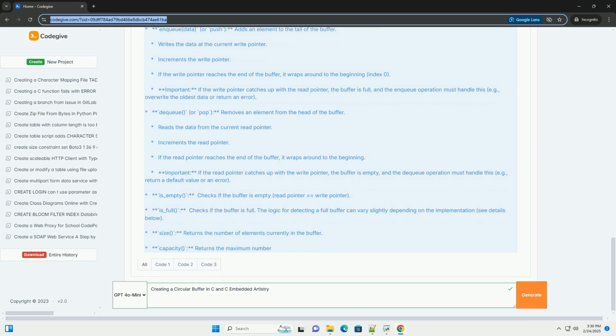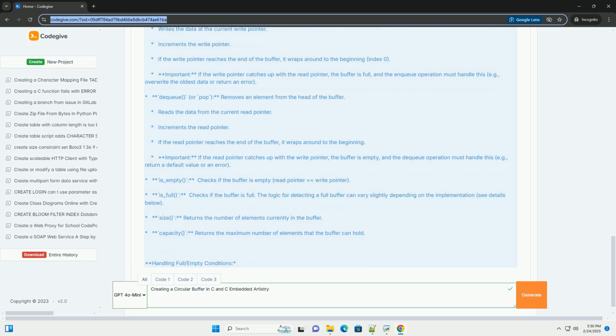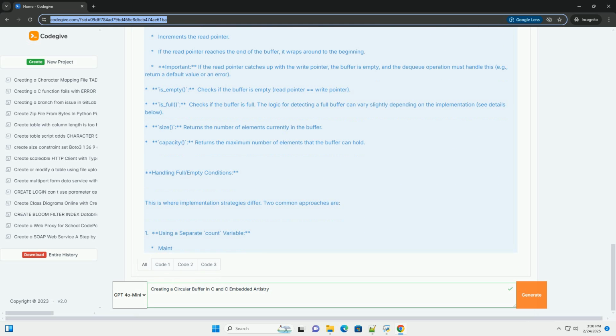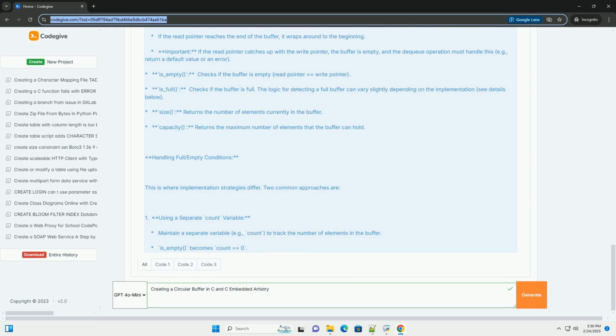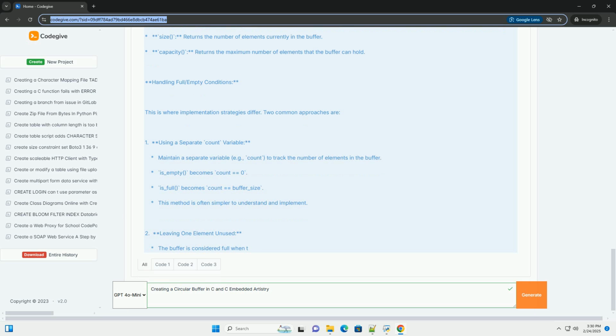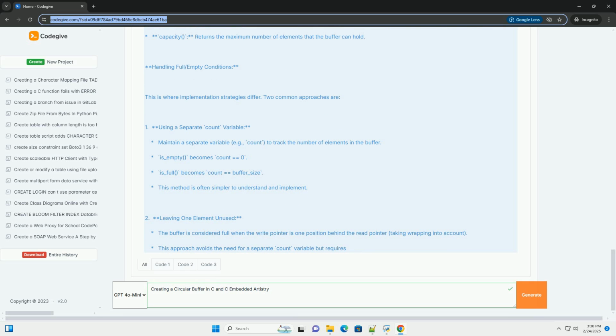1. Concept and benefits. The core idea behind a circular buffer is to treat a fixed-size array as a continuous loop. Two pointers, or indices, keep track of the read, head, and write, tail, positions. When either pointer reaches the end of the array, it wraps around to the beginning. Benefits: